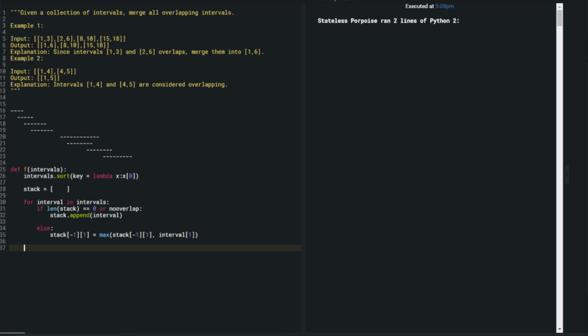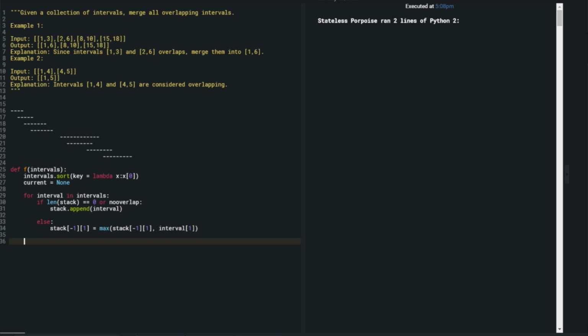So if I keep track of it somehow, then we'll change the logic. At least initially I have the pointer to none, to null. Okay. And if stack is empty becomes if it's none, or if I overlap with the previous one, then